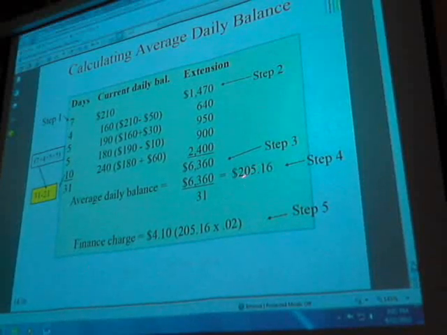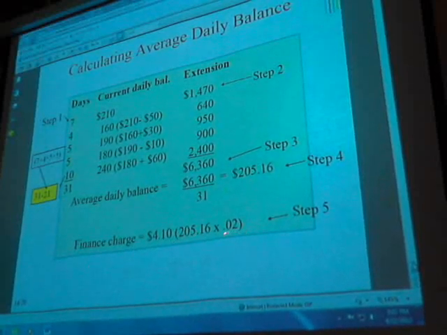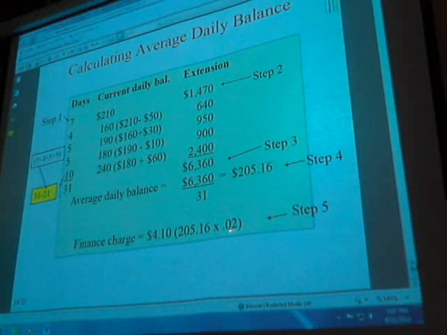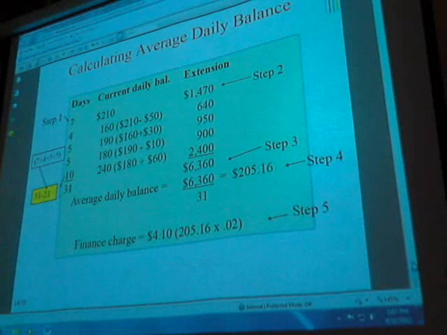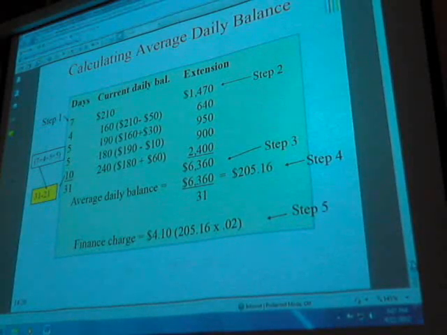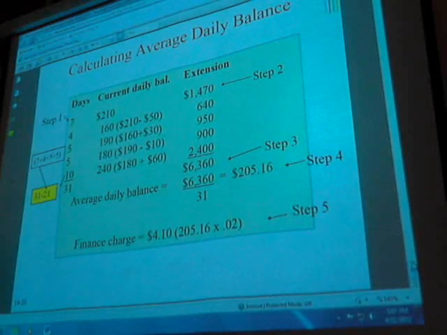You take the average daily balance and multiply times what? They're going to give it to you in the problem, but it's usually 2%. That's not the interest rate. That's what they use to calculate your monthly payment. The interest rate in our problem was 17%. So again, in this type of problem,